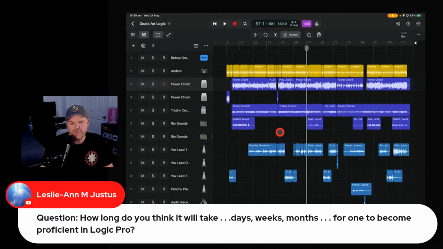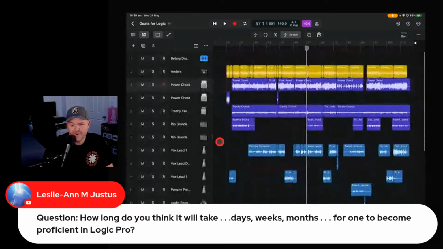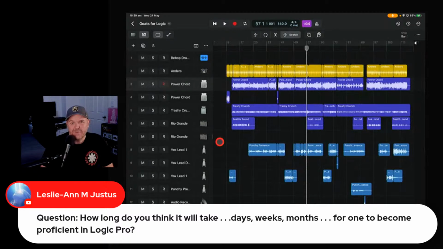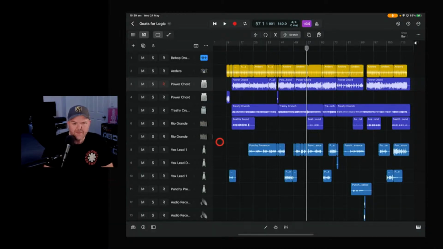Bring in a GarageBand project if you've got one, or you can get one from me. I've got heaps in various places. But yeah, bring in a GarageBand project, or use the other thing they've got, which is some demo projects in there for you to use. So use them, play with it, break it, do what you want, and I think you'll get up to speed pretty quickly, Leslie. Definitely worth a shot, in my opinion.